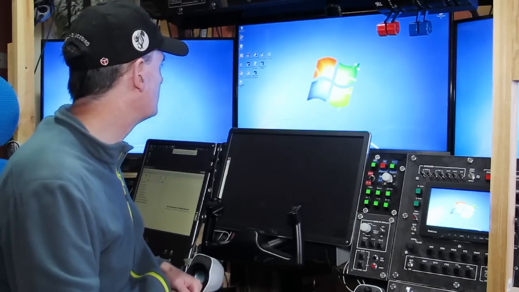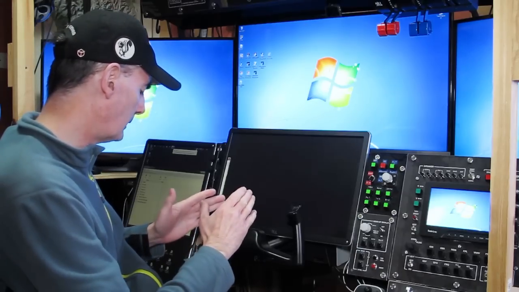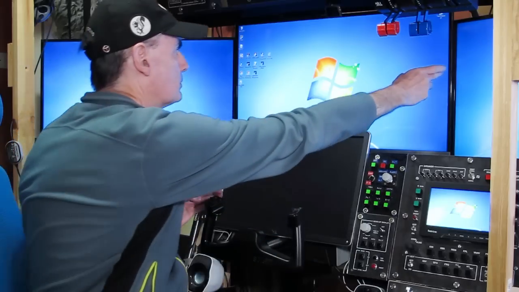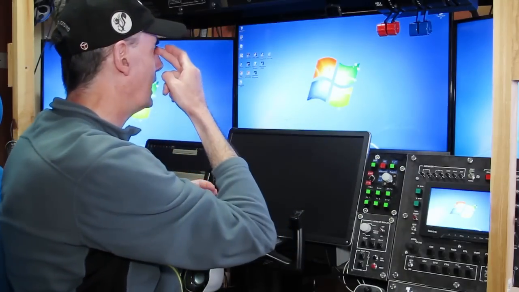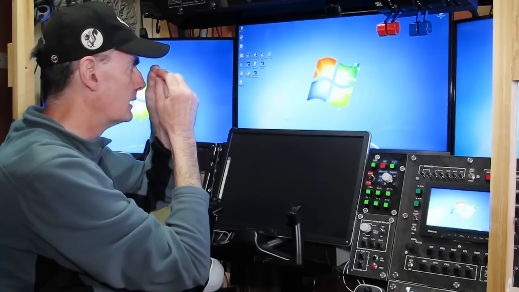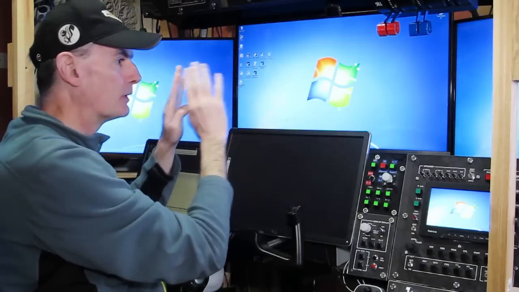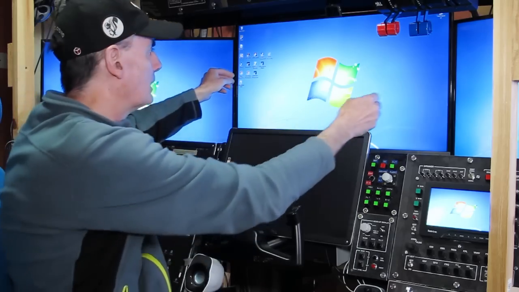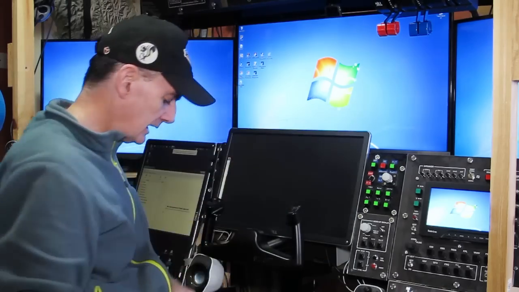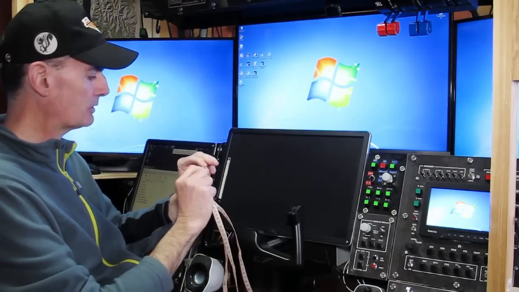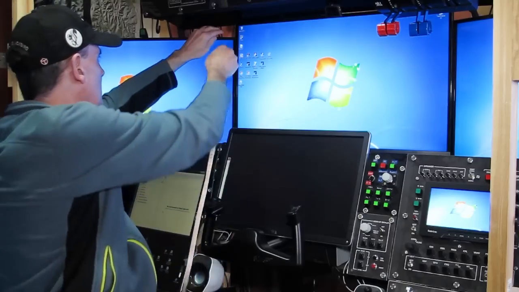Now to measure that simply, if you imagine you're sitting in the cockpit in the position where you'd be flying the aircraft from, and you imagine a piece of string going from that edge to your eye, or to the bridge of your nose if you like, and a piece of string going from that side to the bridge of your nose, then you want to measure the angle between those two pieces of string. So that's exactly what we're going to do. If you just get yourself a long piece of string with a knot on the end, or a piece of sticky tape to attach it there, I'm going to use this measuring tape, which conveniently is about the right length, and it's got metal bits on the end, which mean I can just slot it between the